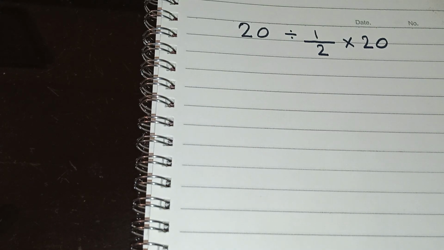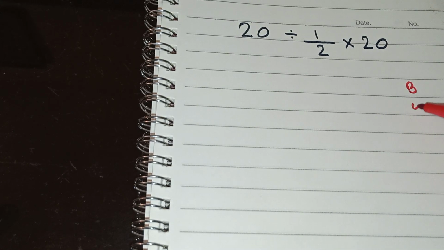This is a very difficult question for those students who don't know the basic operations, multiplication and division, and are very new to this type of question, which are in grade 6 or 7. They cannot solve it. So the easiest method and the correct answer which you will get in today's class is very easy. So according to the BODMAS rule,